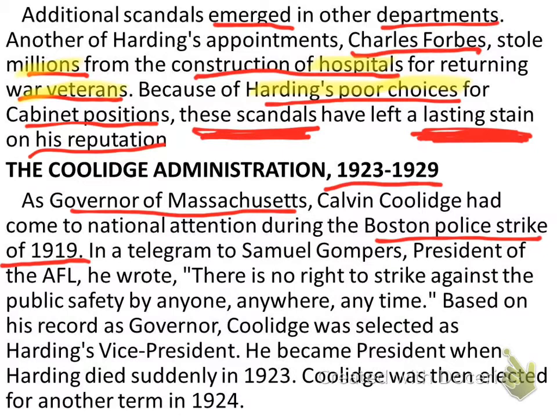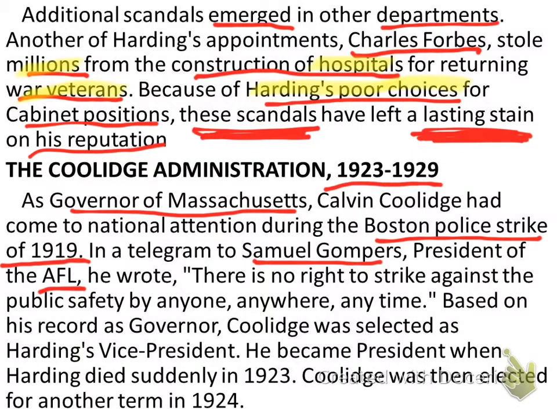Palmer Mitchell, the Attorney General of the United States at that time, created the FBI and put J. Edgar Hoover in charge of the FBI to deal with some of these strikes and some of this instability around the country, because it was believed that a lot of these strikes were triggered by radicals, socialists, anarchists, communists. Anyway, in a telegram to Samuel Gompers, who was the president of the American Federation of Labor, Calvin Coolidge